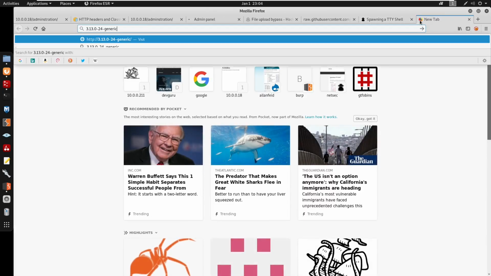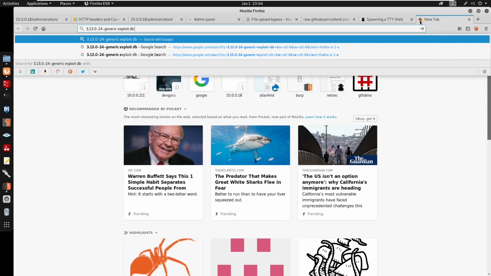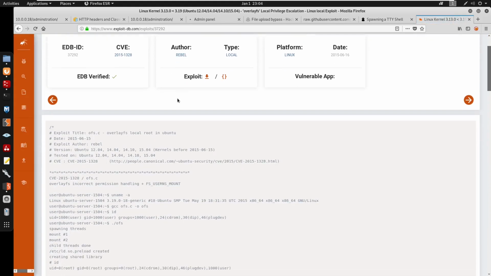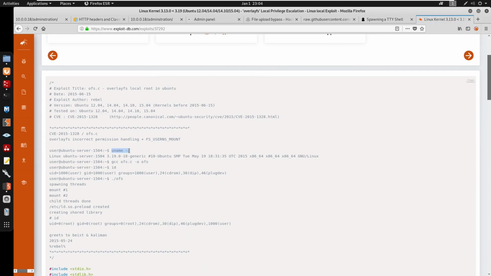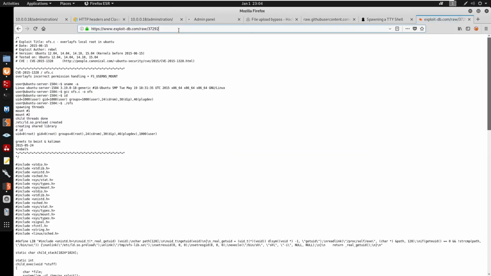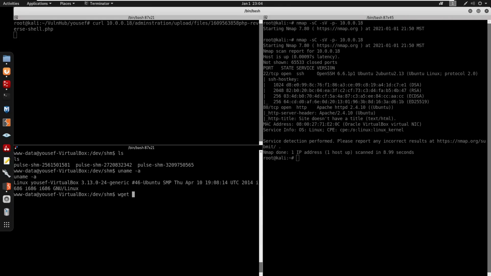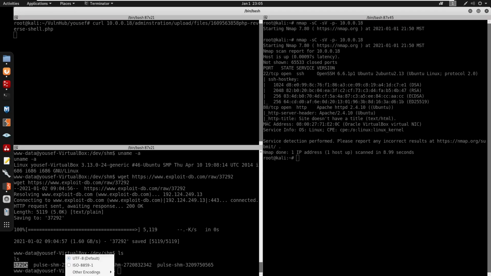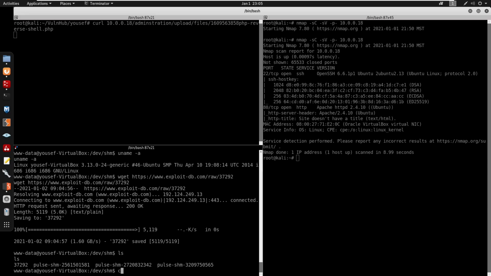Alright, so from here we can just search on Exploit-DB. And we do see that we have a kernel version of 3.13.0, which is Ubuntu. Right here it shows that we can compile this with gcc as a .c file. So we're going to have to convert this to a .c file using cat. Here I'm just going to wget this under /dev/shm. Now I'm just going to copy, and now we can cat this out to